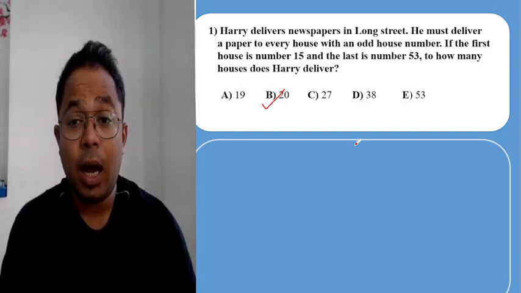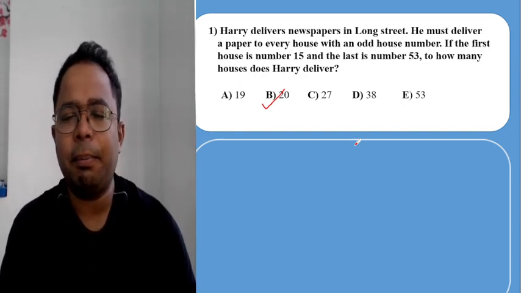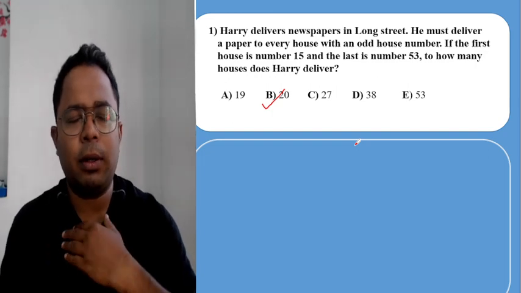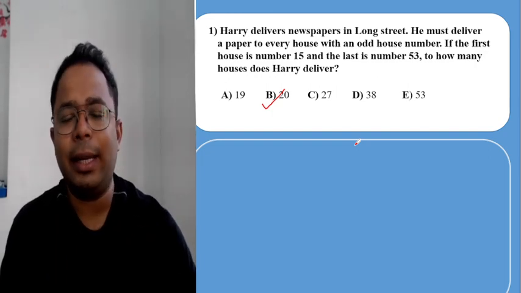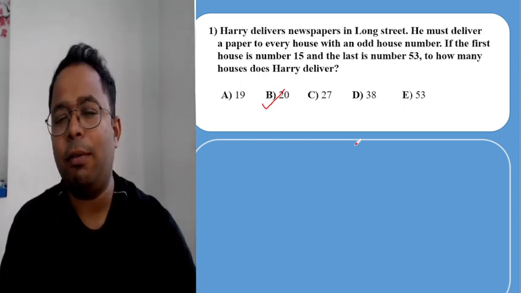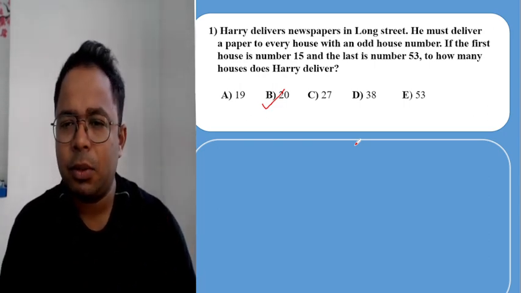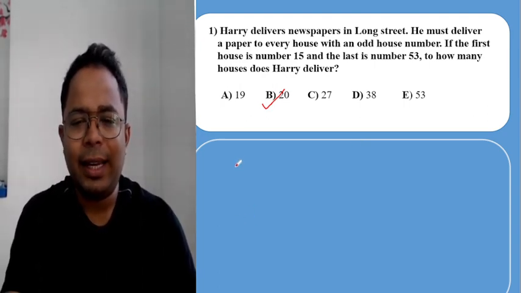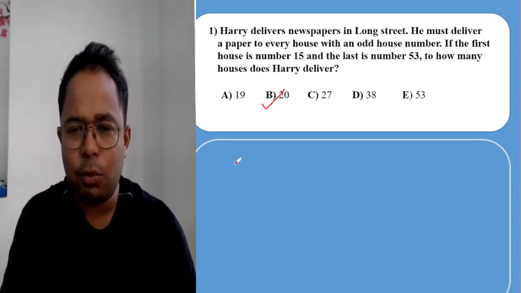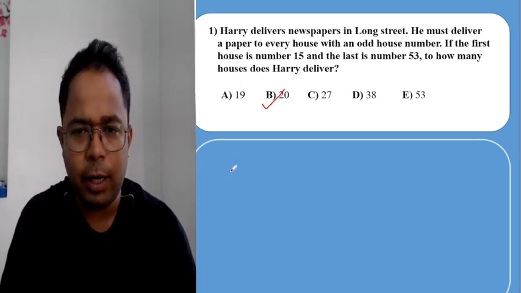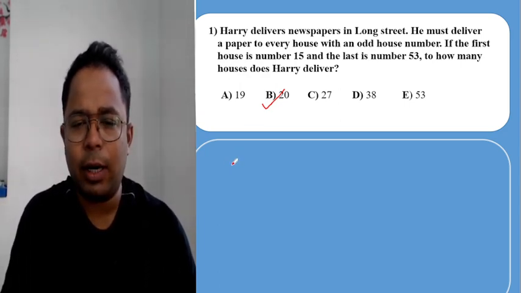But what if the number is very big? In a lane we can have a lot of houses. In such cases, what can we do? For that we can use a formula which comes from the concept of AP, that is arithmetic progressions, where we have a formula called